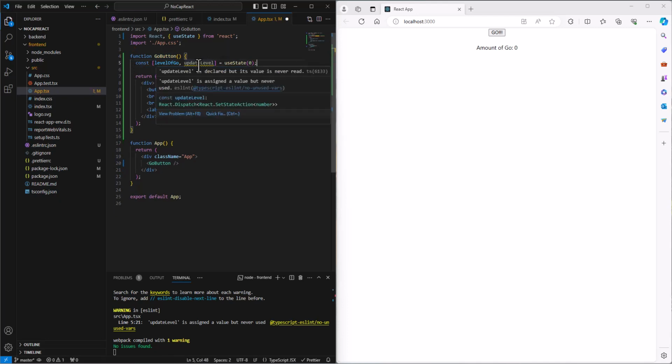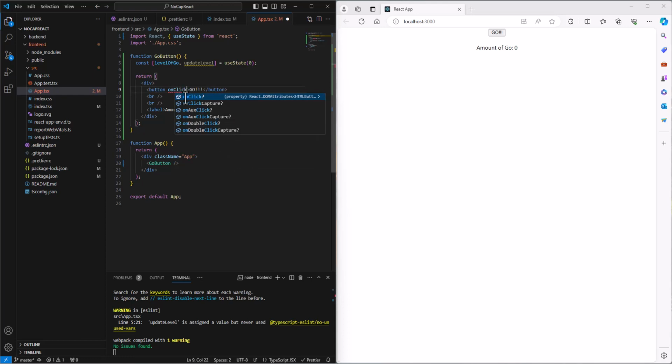How do I update it? So this is declared but never used. And so what I can do is in the button, now again, I'm doing it and then I'm explaining it afterward. So I can say on click of this button, I want the onClick to be equal to, and then in curly braces, I can put in a function